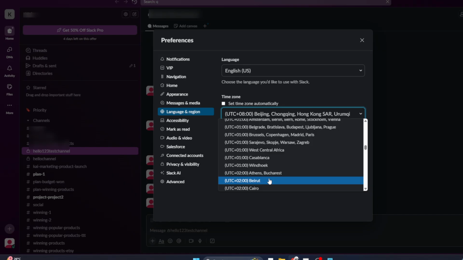By following these steps, you'll have successfully changed your time zone in Slack 2025, ensuring that all your messages, reminders, and notifications are synchronized perfectly with the correct local time. Remember, being accurately aligned with your intended time zone can significantly impact productivity and communication, especially when collaborating across different